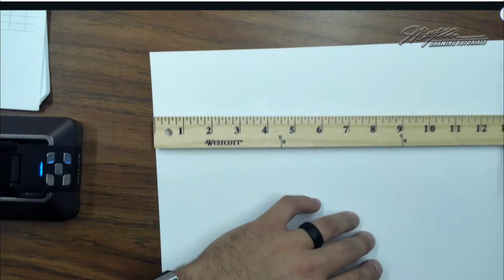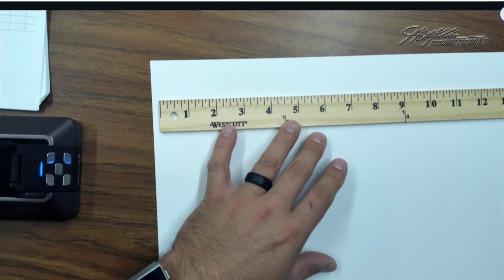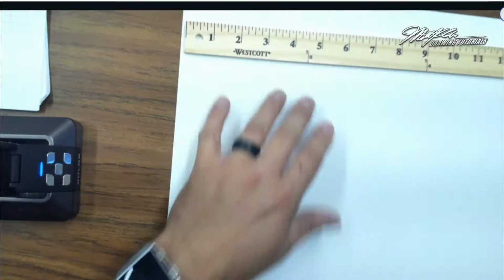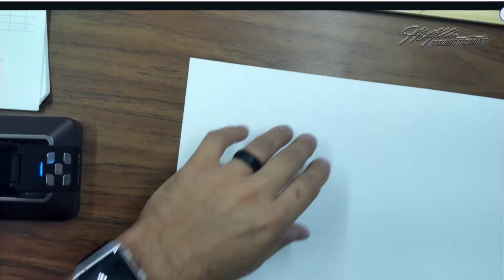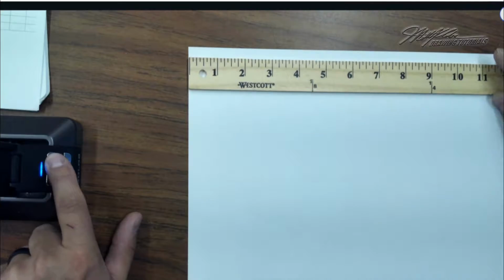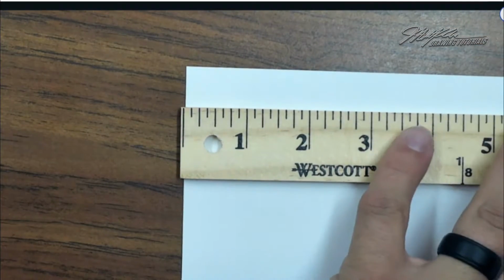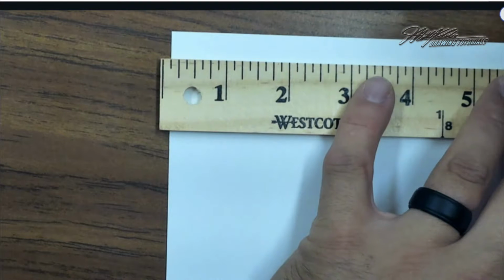Alright, so hopefully everybody has a yardstick like this. Put it on the edge of your paper, and notice I got this long ways like this. Alright, I think we all have the same